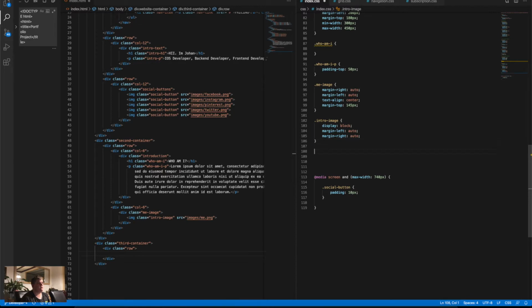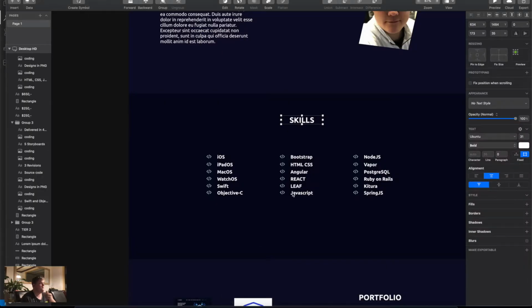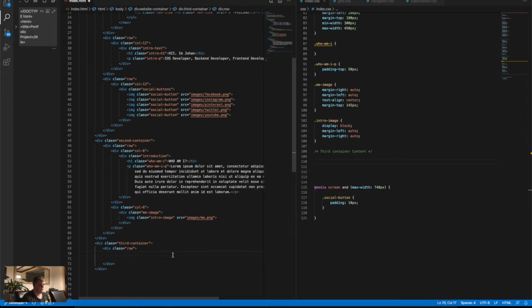So in index.html, under the .intro image, we're gonna open up a comment and we're gonna call this third container content, and we're gonna close that one up. Okay, perfect. So let's go to the design. So in our design we have 3 unordered lists and we have skills. So first thing we need in this row is, if we want to have it centered,